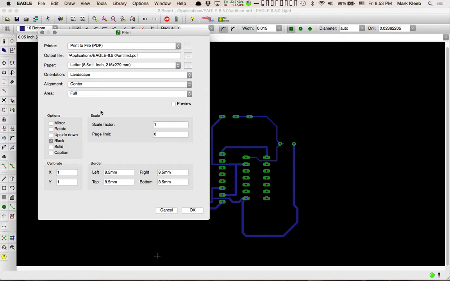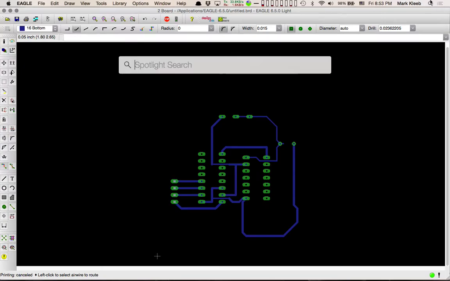And when you get to this dialog box, you have to be careful because sometimes there might be an automatic scaling factor in here, which will mess up the size of everything. Or they might mirror it by default, which sometimes you want, depending on how you make this. You want this to be the inverse, because if you iron it onto something, then it transfers it. So just be aware, if you're flipping this, what orientation you want to print it off. It should print everything solid black. So now if I hit OK,